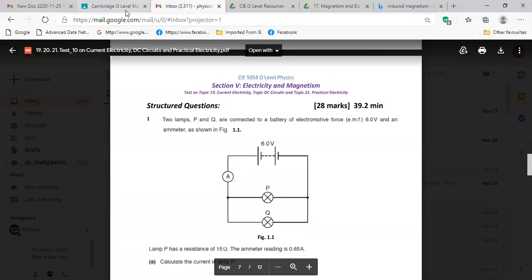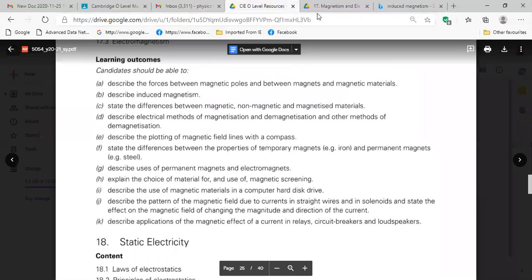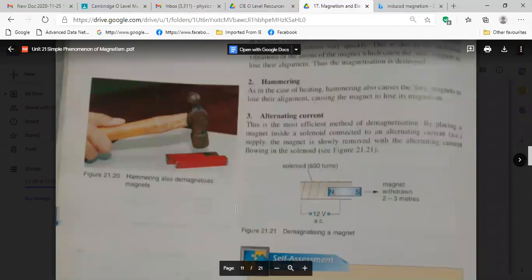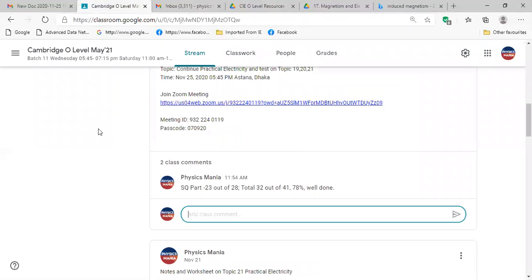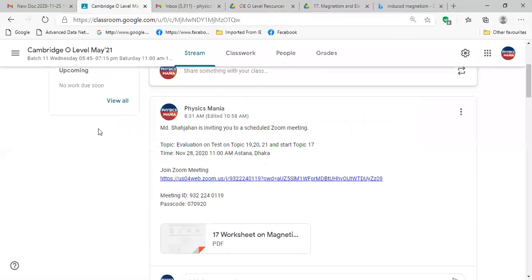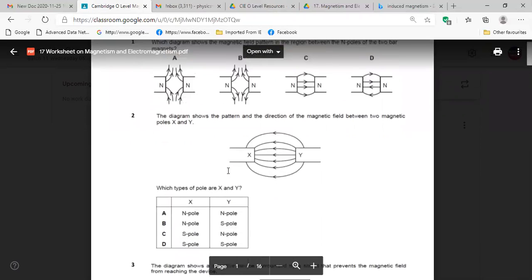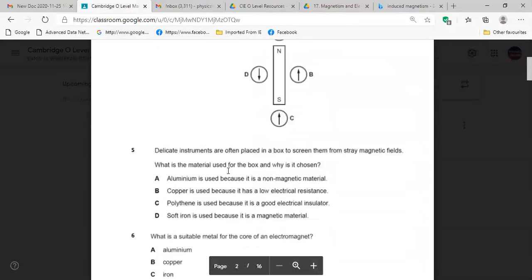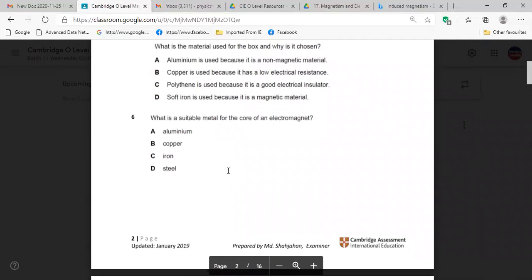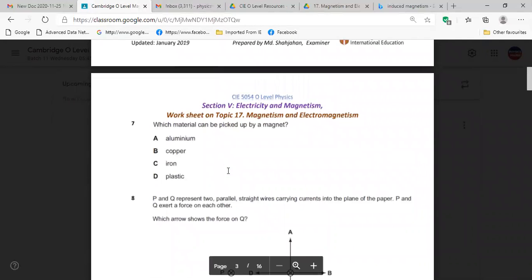By that time you have some homework, that is you should go through this topic in your book, unit 11. Read as much as possible, and try whatever we discussed today. From there you try this worksheet. I uploaded one worksheet here. You try how much you can. Not everything. You can do this one. Number 7 you can do, right?